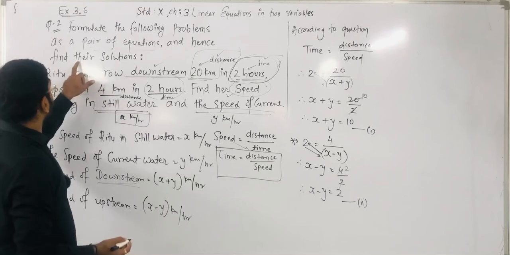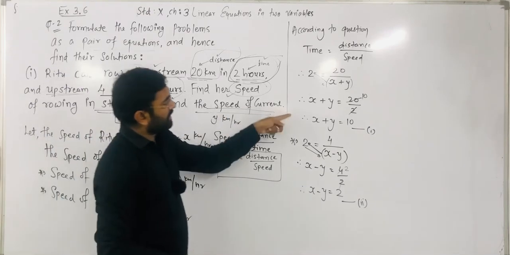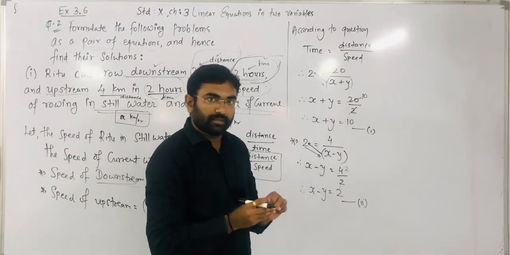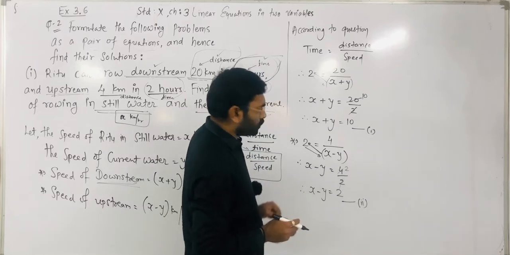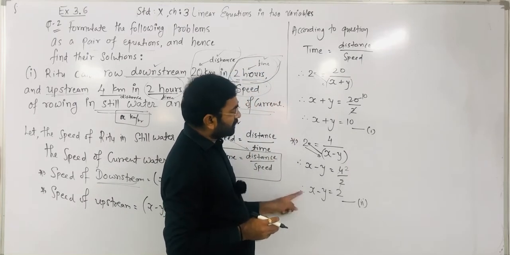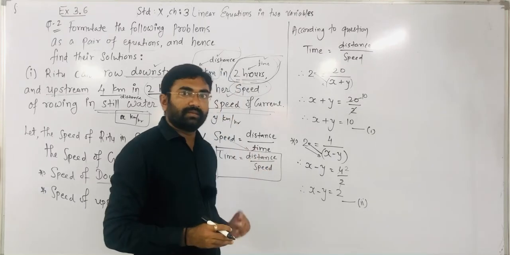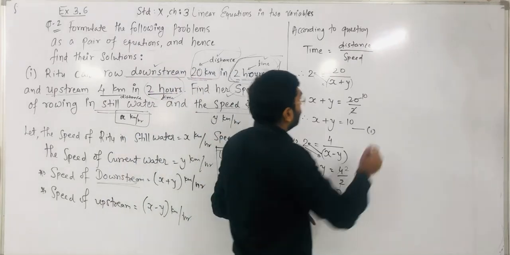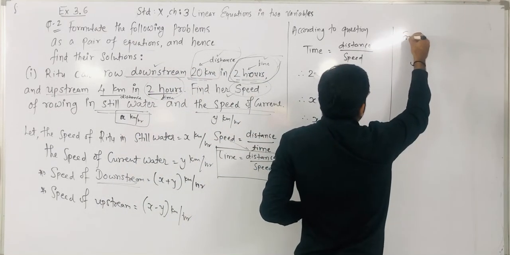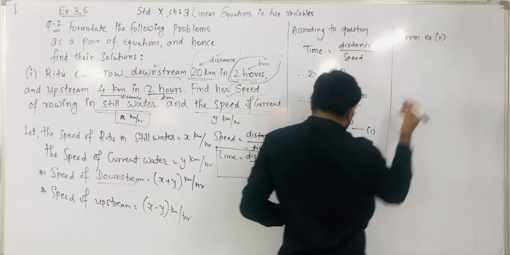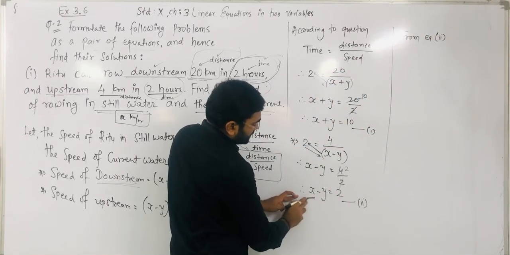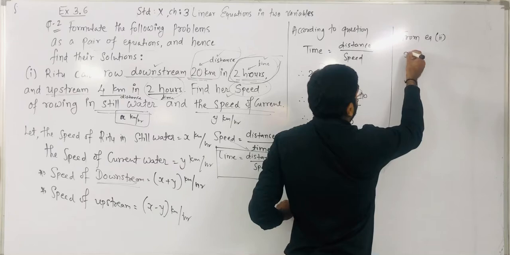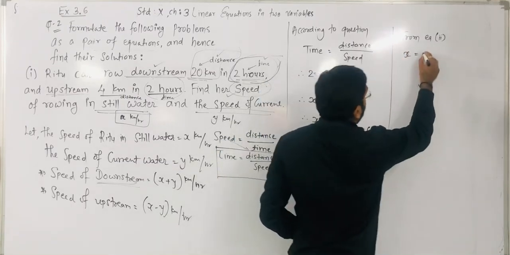Now as per the question we have to find the solution of these equations. There are two equations to solve, and we have two methods, the elimination method or the substitution method. Suppose you want to apply the substitution method. In one of the equations, you take one variable as the main term and arrange the other on the other side. From equation 2, suppose we make x the main term, so minus y goes to the right hand side and becomes plus. We can write x is equal to 2 plus y.